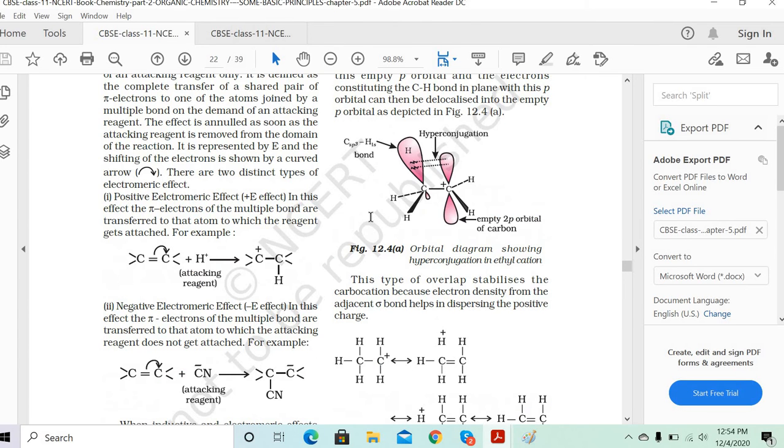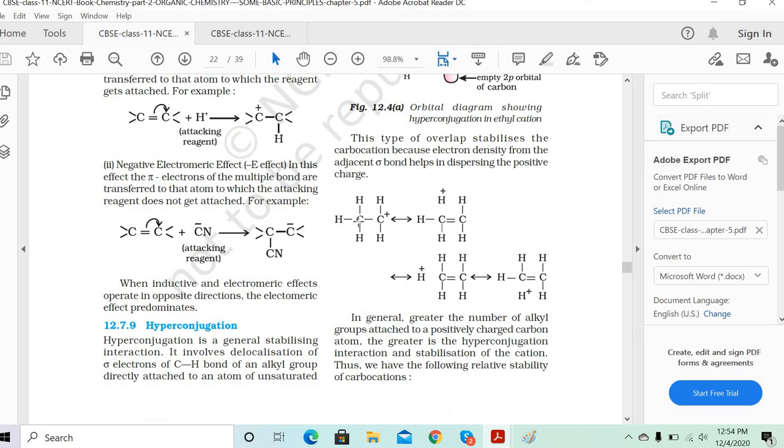Now this will be more clear in the second figure. Draw the ethyl structure now. In the structural representation it will be more clear to you, but that was the geometrical representation we told you. Now we'll form the structural representation. Draw the structural representation, it will be more clear to you.